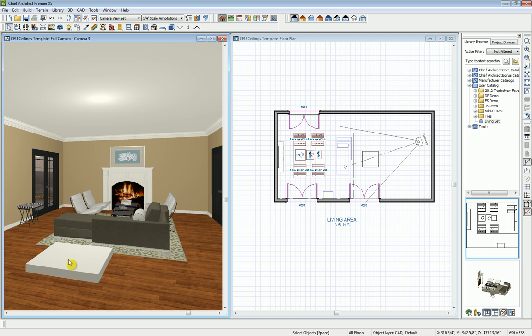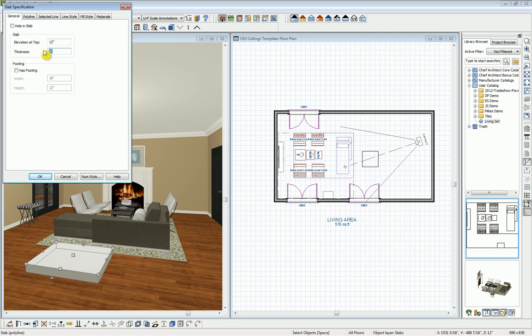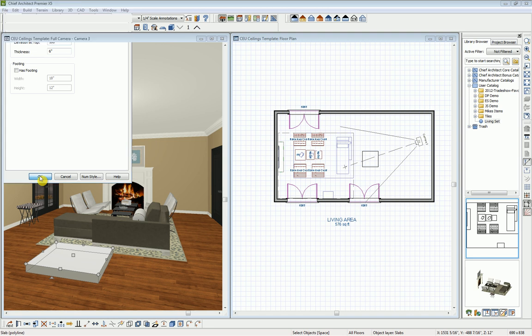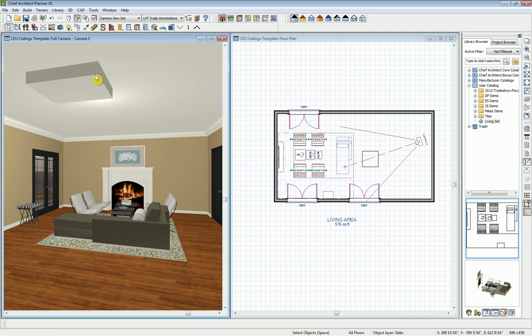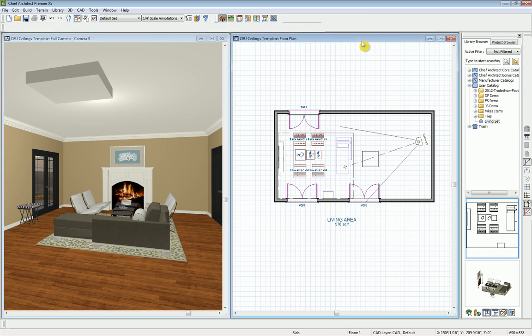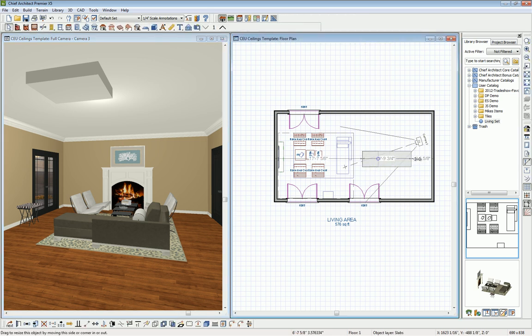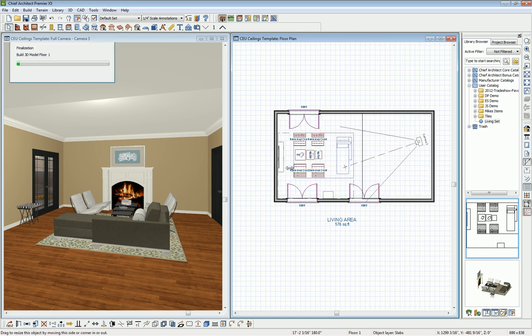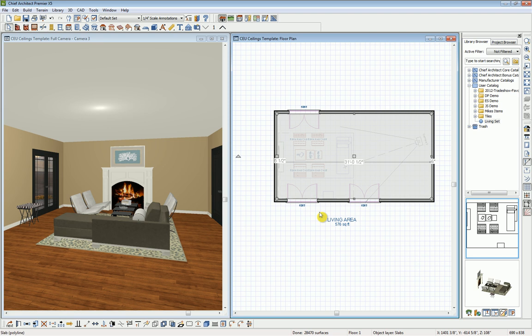And once the slab's painted, I'm going to double click on it and make this thickness 6 inches and the elevation at the top to 108, because I know that's the height of my ceiling. We'll click OK. So now we see it on our ceiling, and once it's there, we're going to get into our 2D view and just grab that and drag it out and snap it into place. So I'm just grabbing these edit handles, pulling them up and snapping them right into the side of our walls. Okay, so now we have a 6-inch slab that's lowered our ceiling here,